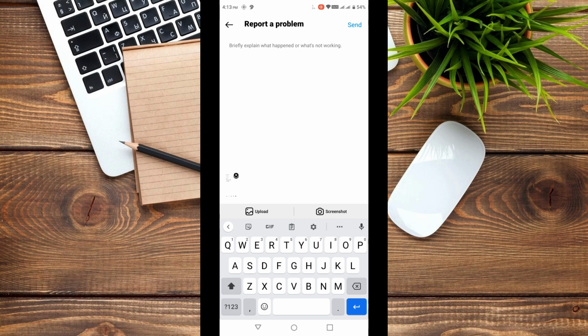And you will going to write right here, please help, I do not have add paid partnership label option. And then you need to send that one, and it depends on how long they will going to